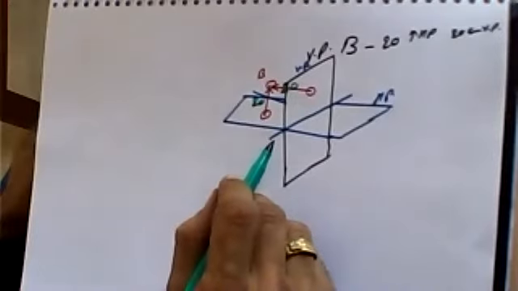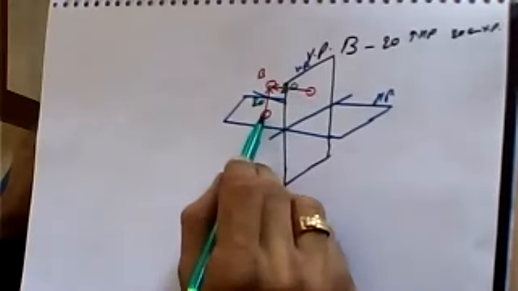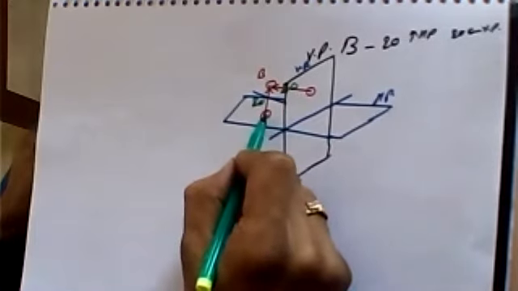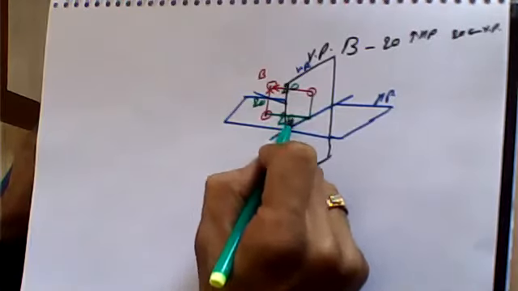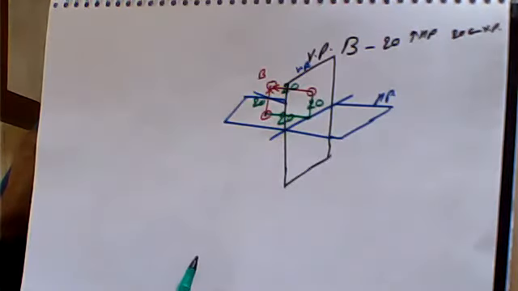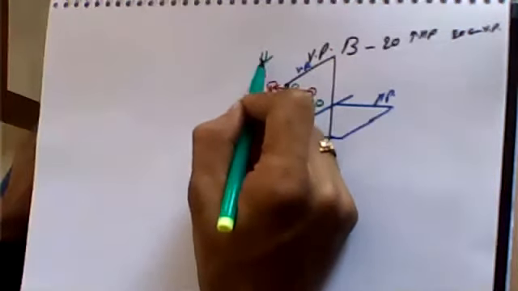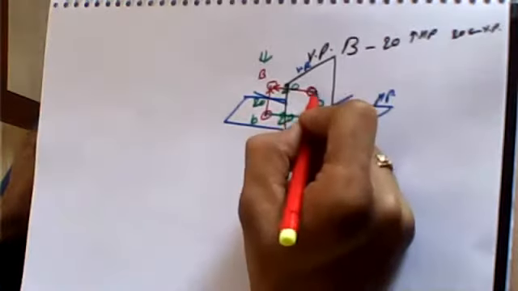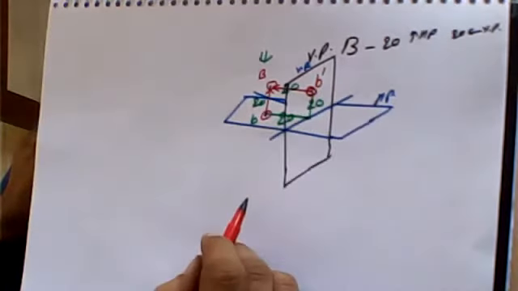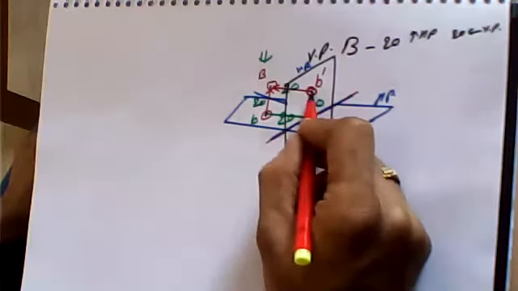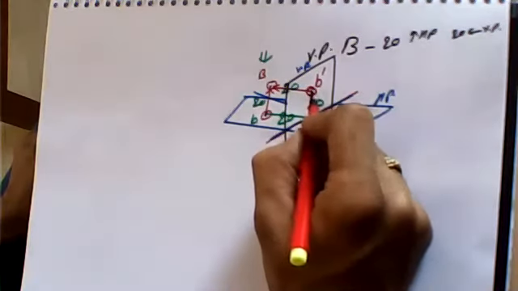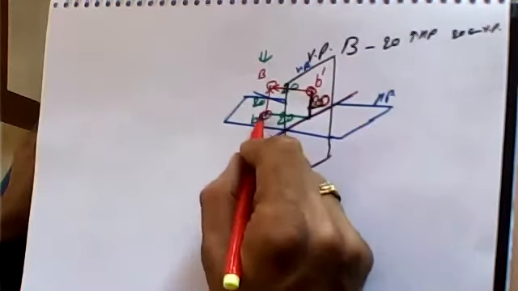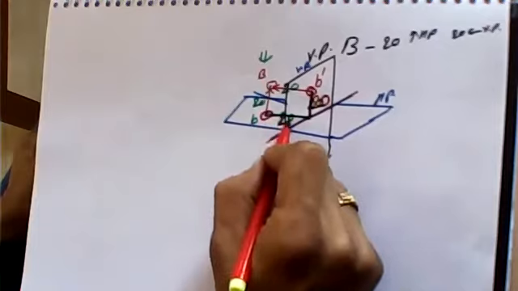So what is going to be the distance between the vertical plane and the projection we have drafted on the horizontal plane? It is going to be 20 mm. So this distance is going to be 20 mm. This distance is also going to be 20 mm. Point B, when it is projected on the horizontal plane, is called B, and when it is projected on the vertical plane, it is called B dash. So how far will B dash be from the reference? It is going to be 20 mm. Similarly, how far will B be from the reference? It is going to be 20 mm.